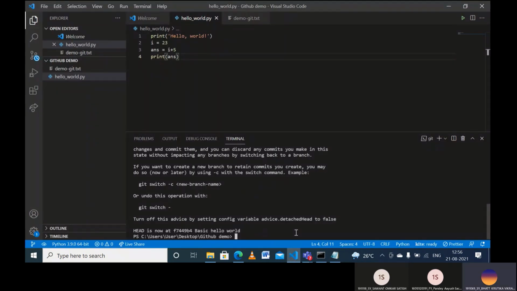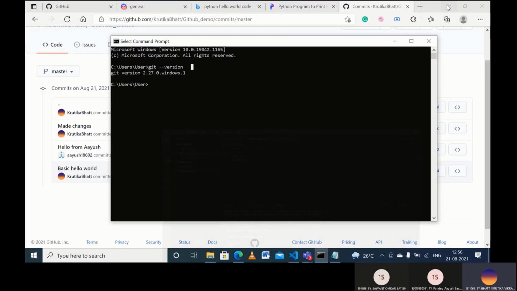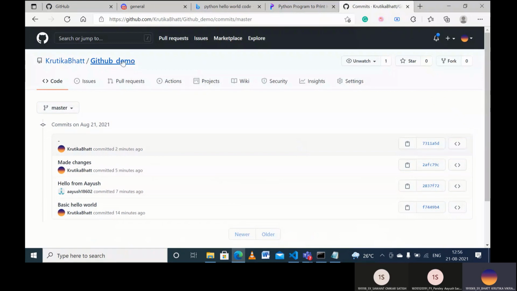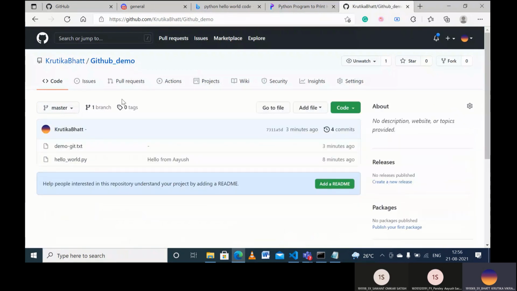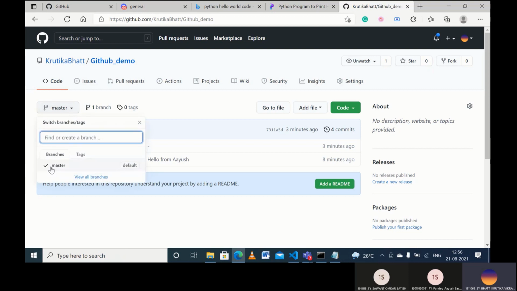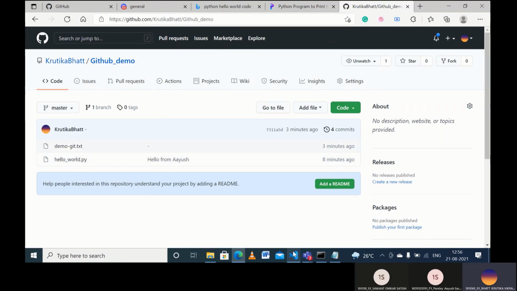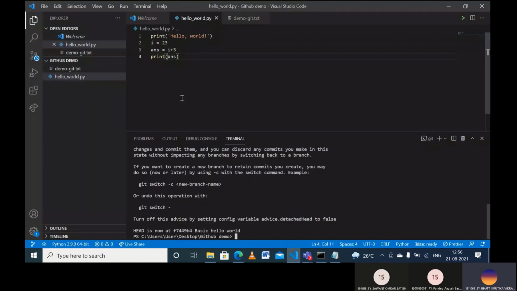Okay, now one of the other major features is creating branches. Let's say that I have a huge team working on GitHub, which actually happens most of the time. And let's say I have two teams, backend and front end. My backend is working on some branch and my front end is working on some branch, but I have to keep the code separated most of the time. Right now you can see I just have one branch over here. So let's create a branch and push some code into it.